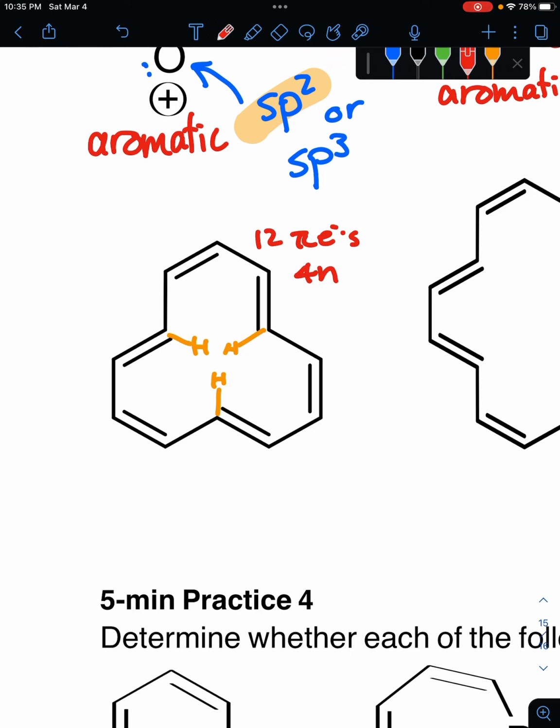It's 4n pi electrons. So therefore, based on that, this should be anti-aromatic. And coupled to that is the fact that there's a really tight spacing of these 3 hydrogens. So all of that together, this likely will not be